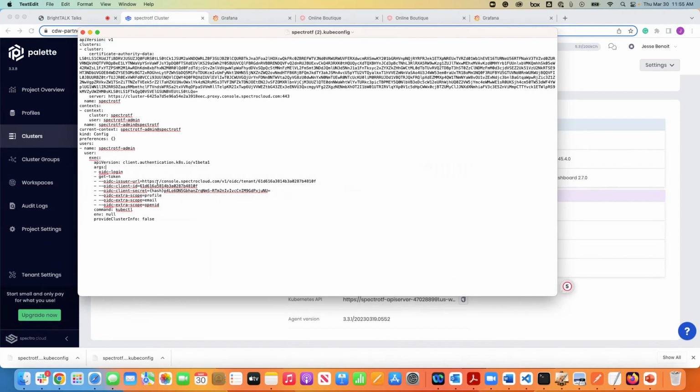If we didn't have OIDC authentication integration in this environment, this kubeconfig file would be wide open. So just wanted to highlight: one, you can download the kubeconfig file and connect in. And two, this is a super secure connection because we have OIDC enabled. Hopefully that answers your question.